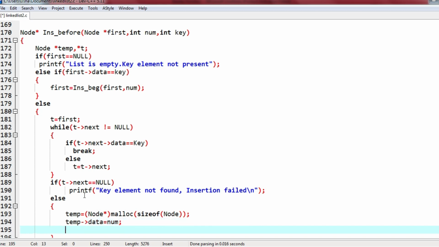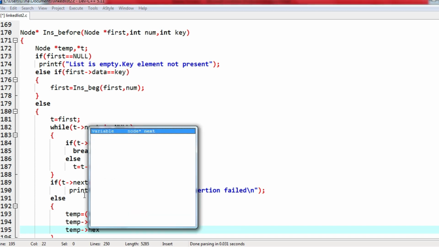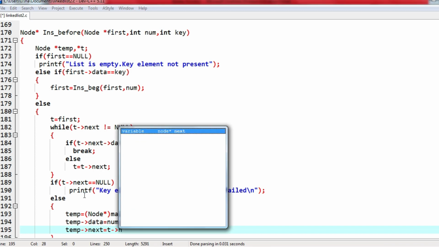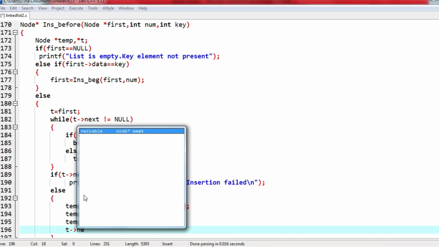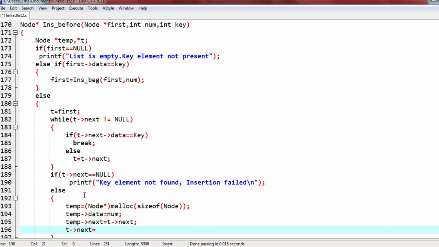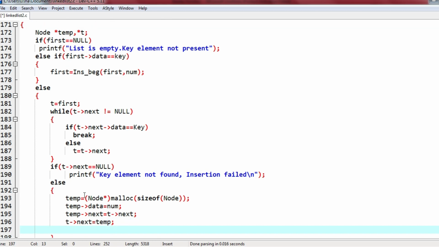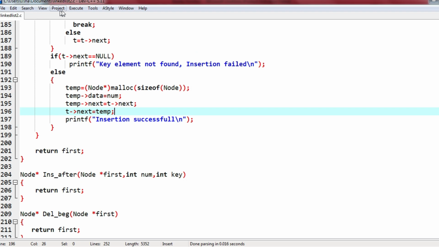Now what is temp next? It is same as t next, and then since we have to insert it before, t next is equal to temp. That's it. Again here we need to write insertion successful. Okay, so now we will execute this.